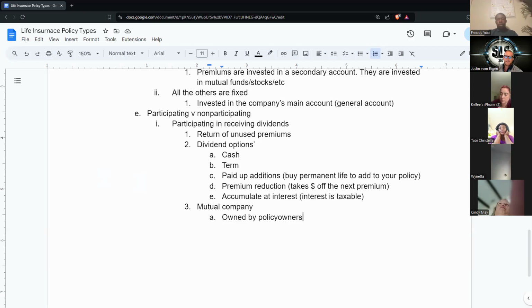So I do have a question. Yes, is dividend options able to be split? Like, can you do a premium... I can barely hear you, I'm sorry. Can you do like a premium reduction and like accumulated interest, or do you just have to pick one? There's something really going on with your microphone. Anybody else have an issue here? It's hard. If you can type out the question into the chat, Shmari, that'd be really helpful. I can't hear what you're saying. I'm sorry, something's up with the microphone.